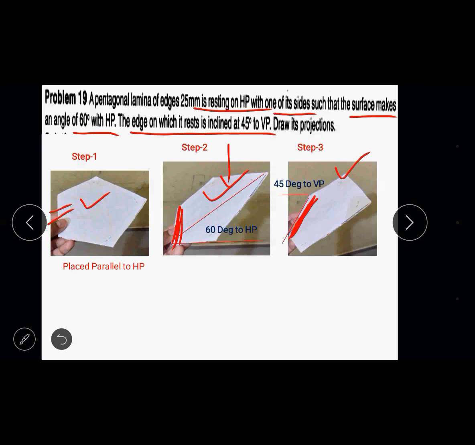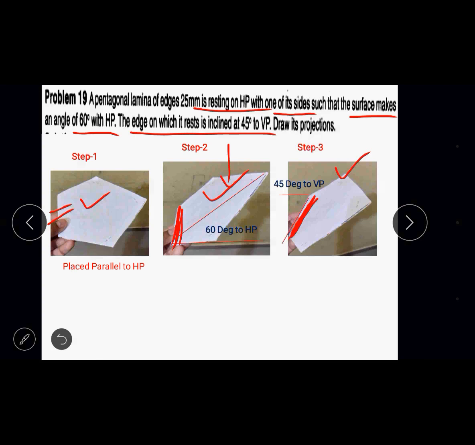The 45 degree angle is taken with reference to the vertical plane, that is your opposite wall. From the opposite wall, you have measured the angle of 45 degrees in anti-clock direction. So that angle I have shown as 45 degrees to VP. The reference here is the horizontal line from where the angle is counted, the 45 degree line, which stands on VP. So with reference to the vertical plane, the angle is given.